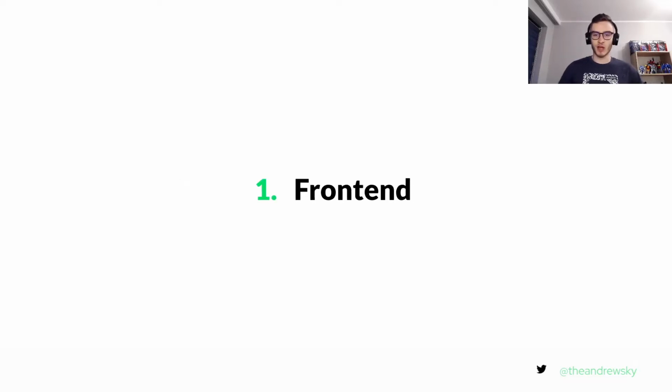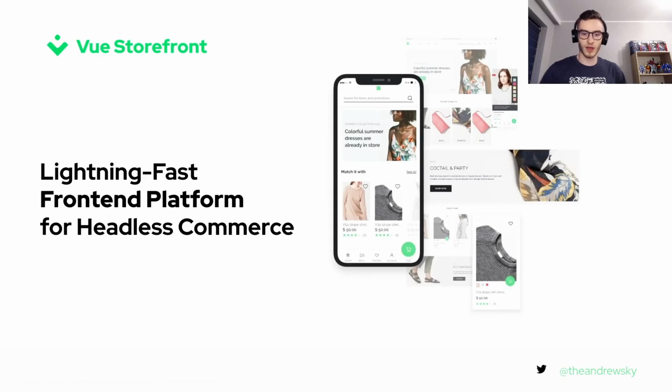So first, we have the front end. And we have Vue Storefront, which I am working in, which is a lightning fast front-end platform for headless commerce. So what exactly does it mean that it is a front-end platform for headless commerce? It means that we have a universal front end with a very catchy UI system